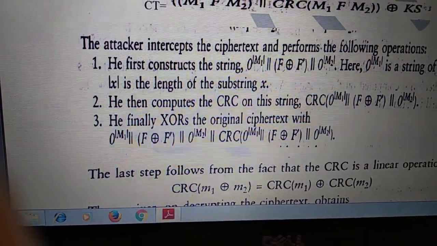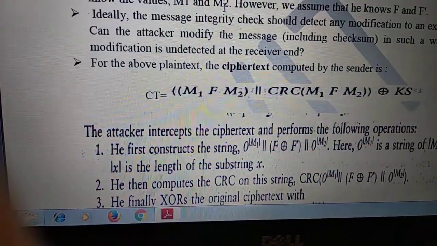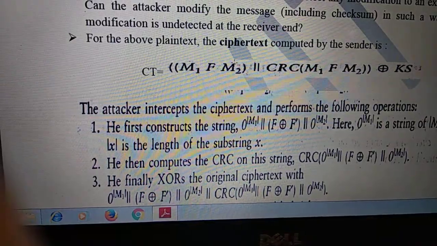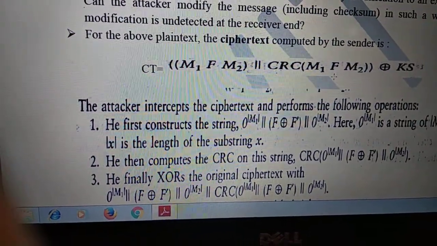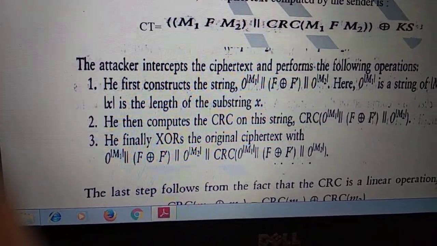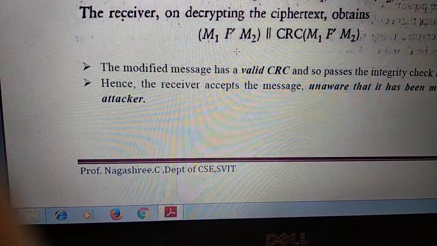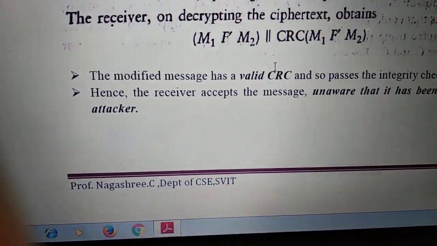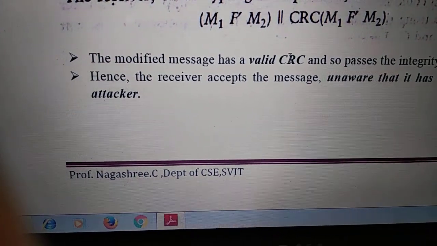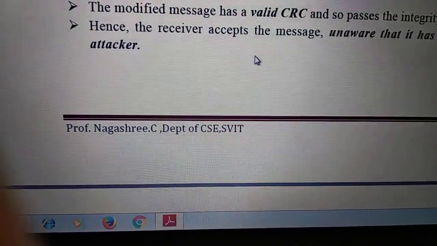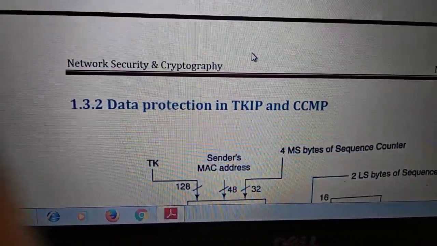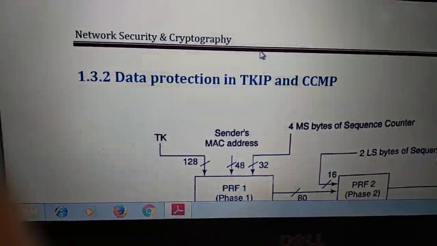Because we may add any frame or any content. We can tag any content, for example a substring F or F dash, into this message through the CRC checksum. Why won't the receiver be aware? You are already familiar with the integrity concept I told you. He will get the same CRC, so he won't be aware that the message is modified, right? So that is another drawback: message modification and the known plain text attack. So to overcome this